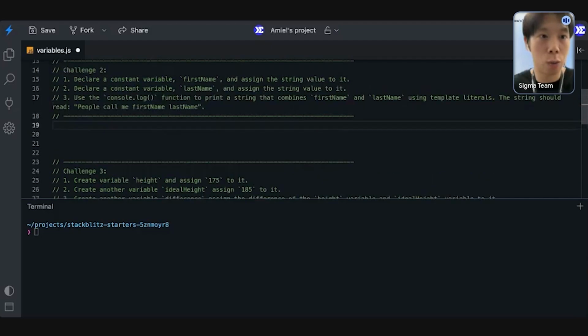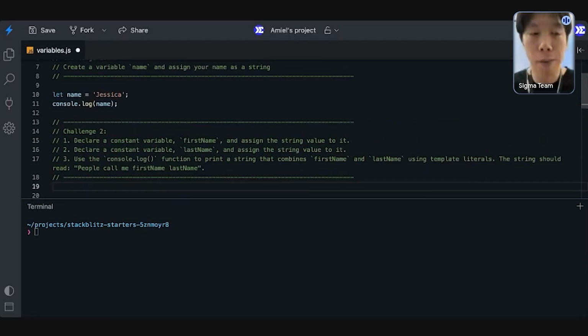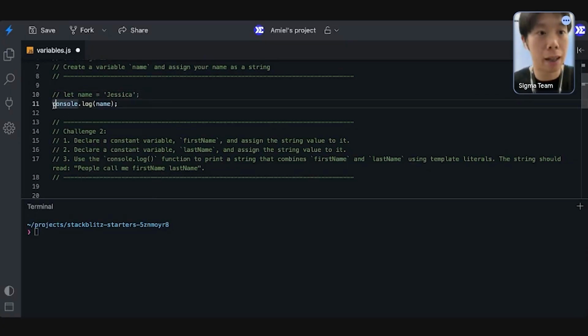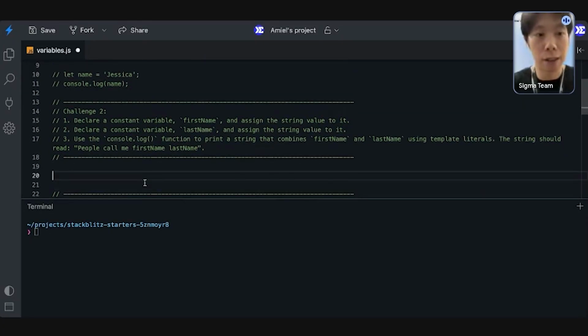So when we're going to challenge 2, because it's still editing the same file, what you want to do is comment these guys out so that you will only see whatever code you recently added. Because you don't want to see the code results from challenge 1, and it might get you confused. So what you do is go ahead and add these slashes. It tells the code editor that these are comments, and the JavaScript file would not run these lines as code, right? They'll just treat them like comments. So they will basically skip these.